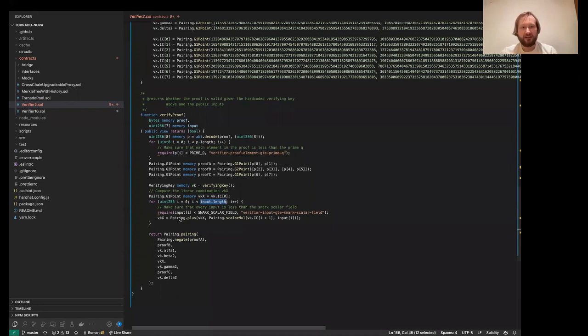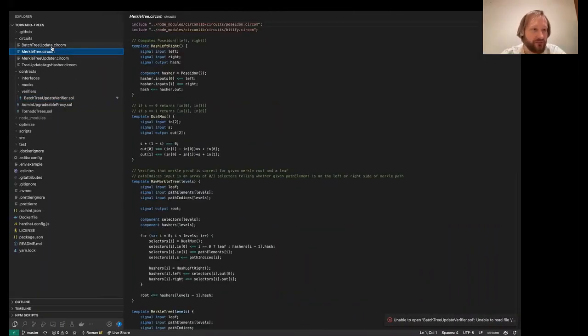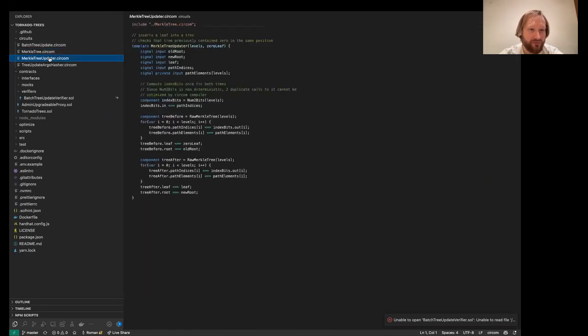So we still supply all these inputs as call data to the smart contract, and we still supply all these inputs to our Snark, but we supply them to our Snark as private inputs. And now the only public input that our Snark has is the hash of all these other inputs that are supposed to be public. Maybe it's a little bit confusing, so let me try to show you